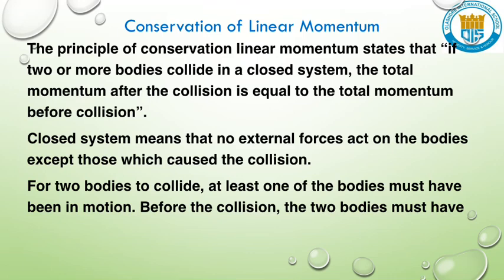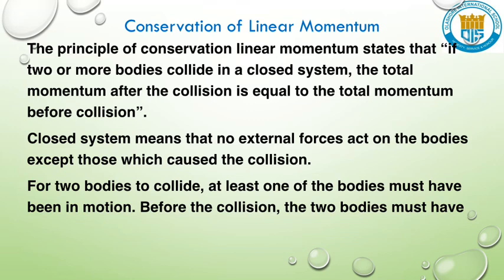So conservation of linear momentum is a principle that talks about how momentum is conserved in a system. It's a principle that works with collisions when bodies collide. So if two or more bodies collide in a closed system, then the total momentum after the collision must be equal to the total momentum before collision. Now, what are we saying here? Are we saying that the momentum of the individual bodies must be the same? No, that's not what we are saying. What this principle is about is that